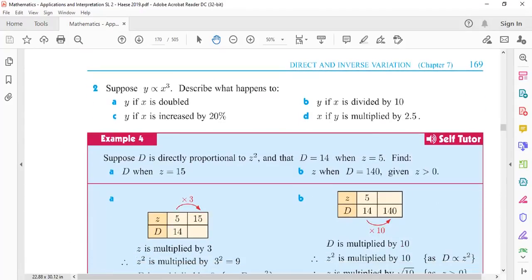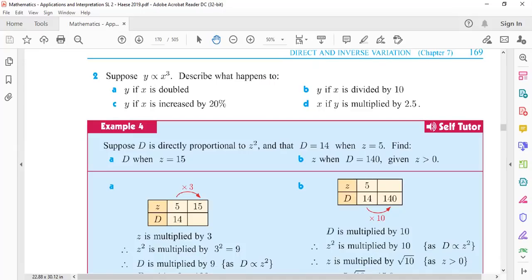Yeah, second is difficult. Now in the first part you learned that if x is double, y is double. If y is double, x is double. If y is 10%, x is 10%. But right now here there is power. So y is directly proportional to x cube. So I can say the A part is easy. If x is double, x becomes 2 cube, that is 8. So y is multiplied by 8. Yeah, got it. What is 2a answer? So same way, what is the answer for B now?